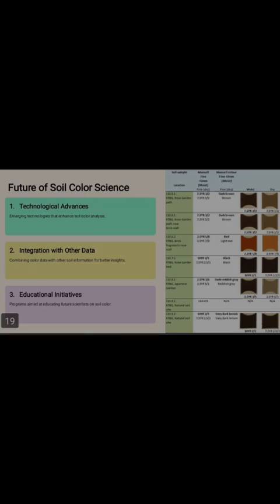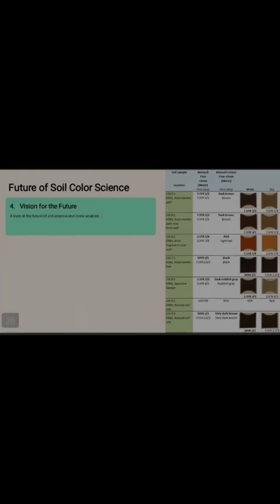Educational initiatives: digital training modules and online courses teach soil scientists and farmers how to interpret soil color data. Citizen science projects: farmers and students collect and share soil color data for research. Smart agriculture integrates Munsell data into precision farming for better crop decisions. Vision for the future: fully digital soil classification, with AI-driven soil analysis replacing